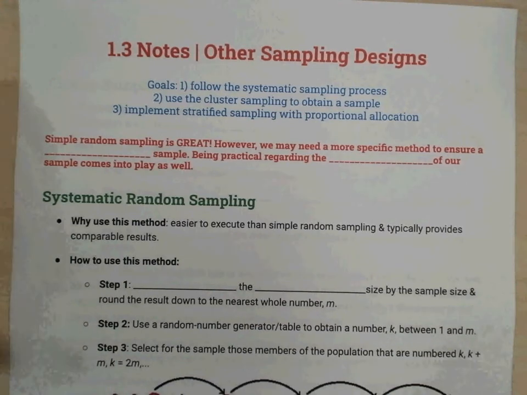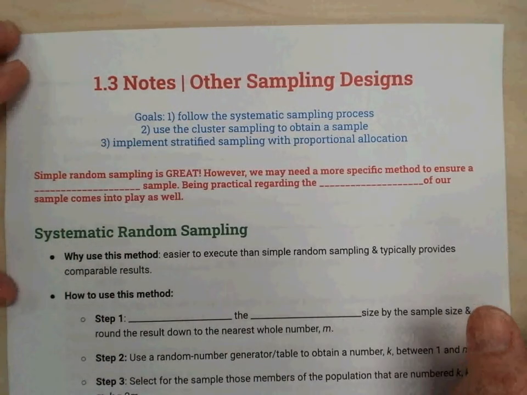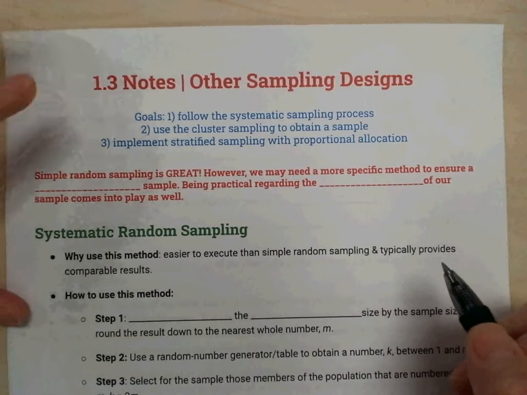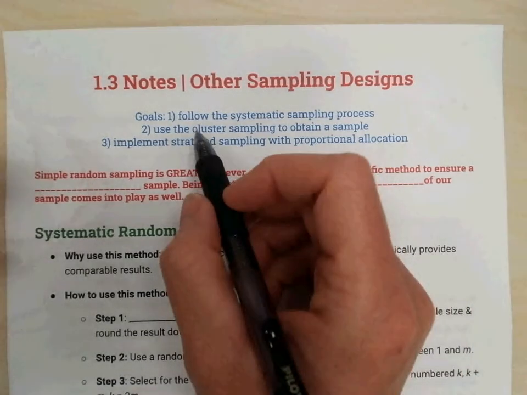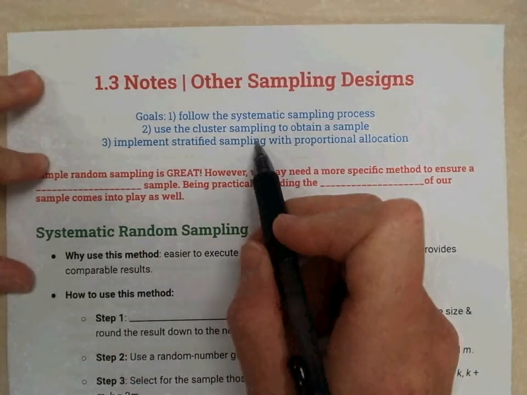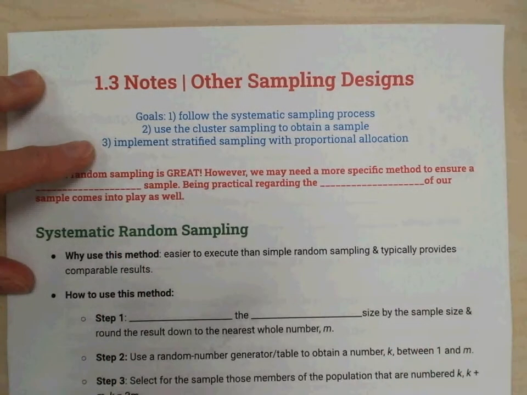Welcome, this is lesson 1.3, notes. Our topic today is other sampling designs. The goal for these notes is threefold: follow the systematic sampling process, use cluster sampling to obtain a sample, and implement stratified sampling with proportional allocation. So in this lesson we are